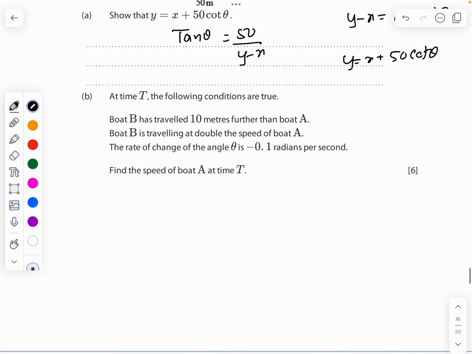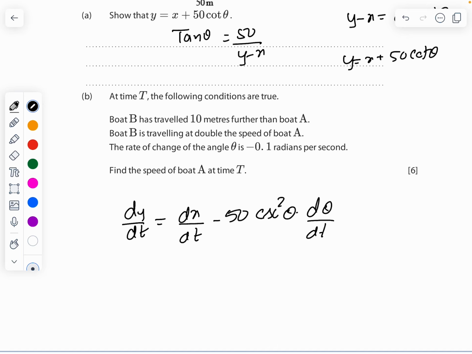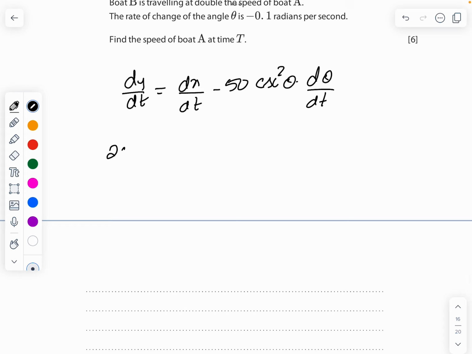At time t, the following conditions are true. Boat B has traveled 10 meters. Boat B is traveling at double the speed. The rate of change of theta is minus 0.1. Find the speed of A. So, I am going to find dy by dt. dy by dt equals dx upon dt minus 50 times the derivative of cot theta. The derivative of cot theta is minus cosecant square theta d theta by dt. But dy by dt is 2 dx upon dt, so 2 dx upon dt equals dx upon dt minus 50 cosecant square theta